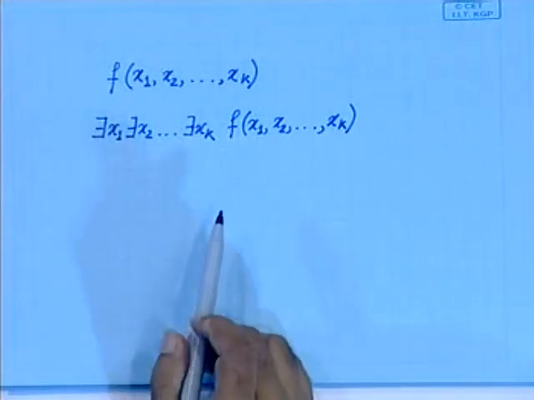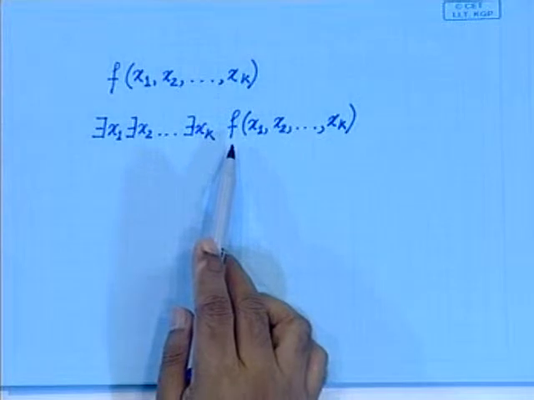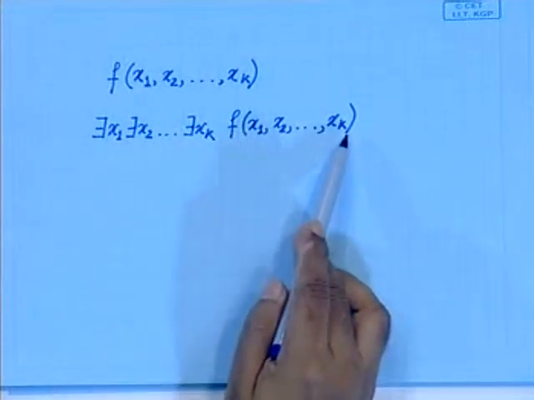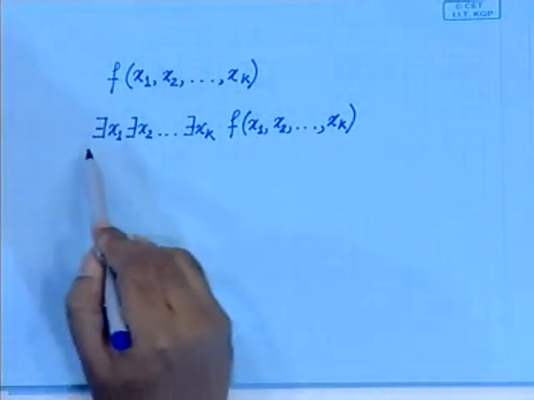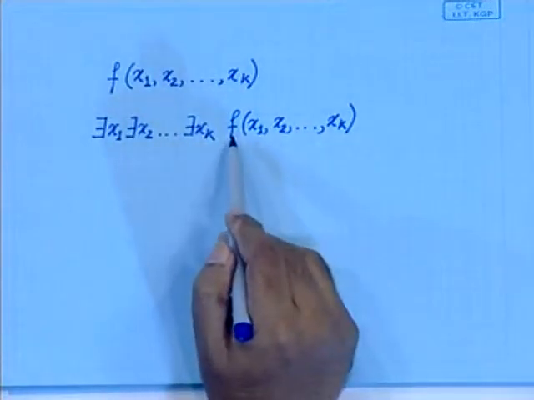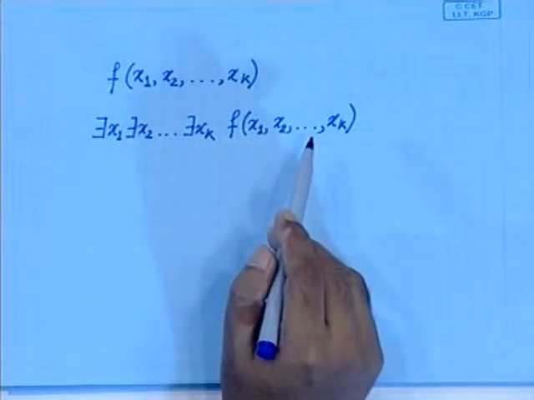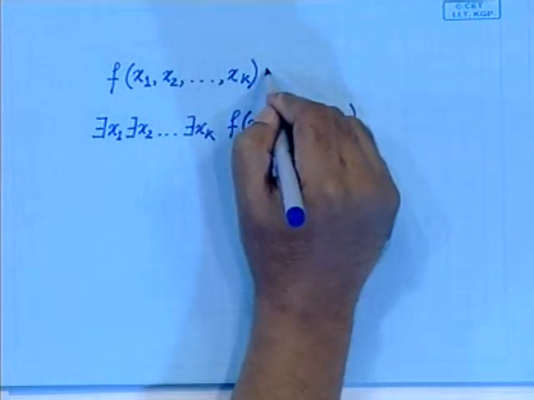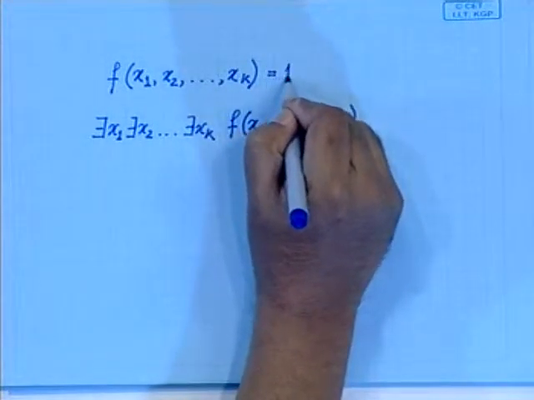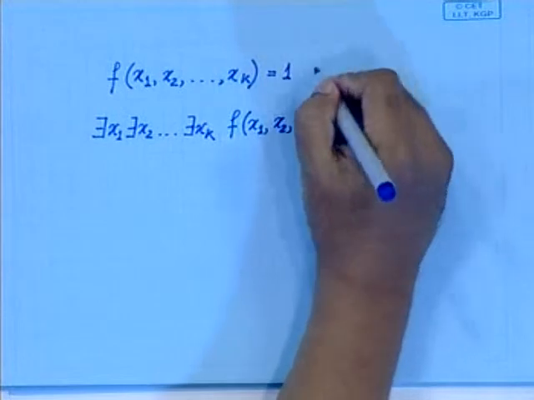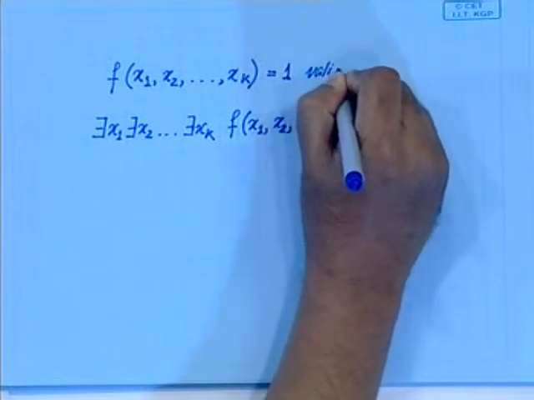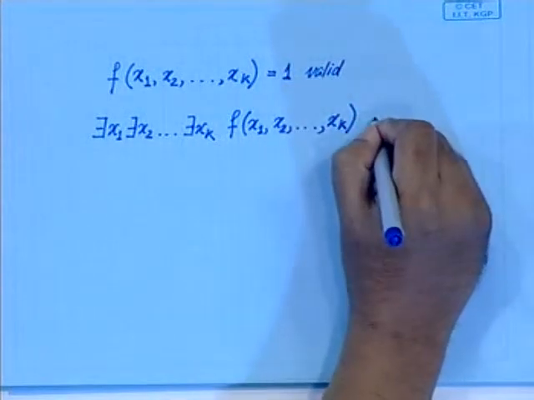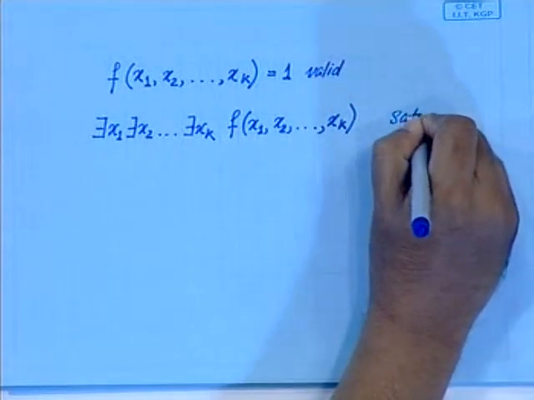This just checks whether f is satisfiable, whether there is any valuation of x1 through xk for which this is true. So, this whole thing is true if and only if f is satisfiable. Okay. And when do we say this one is true? When do we say this one is 1? When this is valid. We say that this one is true when this is valid, and this is actually checking for satisfiability,